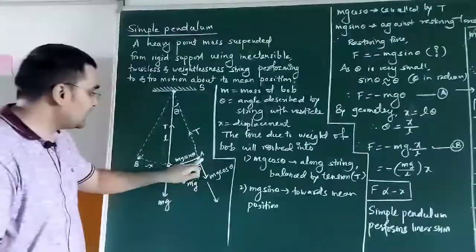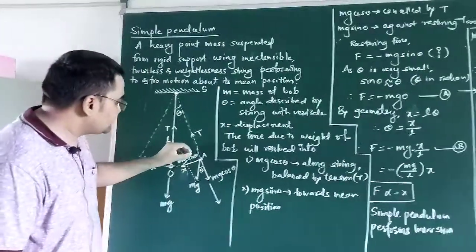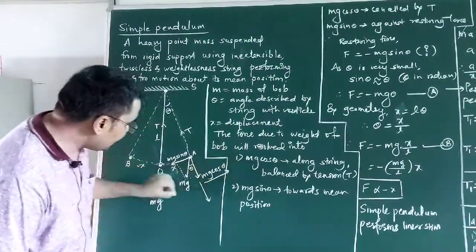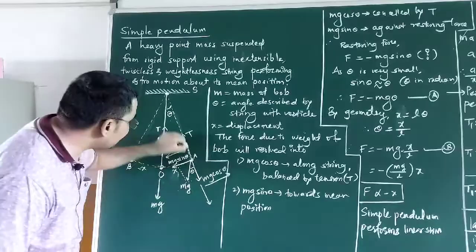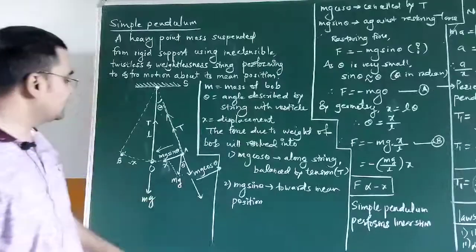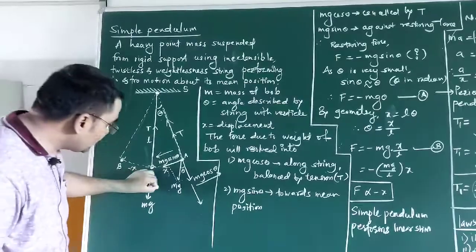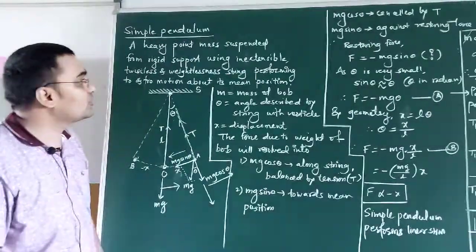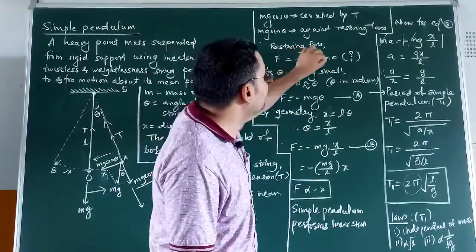Here what we have assumed is that at point A, that is at extreme position, simple pendulum, its weight will be distributed into two parts, that is mg cos theta and mg sin theta. Mg cos theta is vertical component which is balanced by tension, so it will automatically cancel. Resultant component mg cos theta is cancelled, but the mg sin theta is acting towards the mean position. You know that the force which is acting towards mean position is restoring force, but here that's why I said restoring force F is equals to minus mg into sin theta.